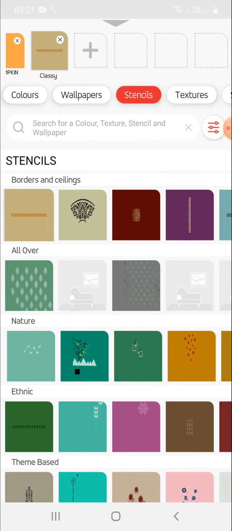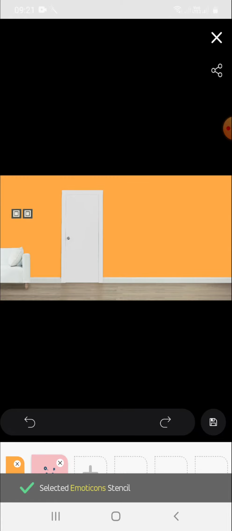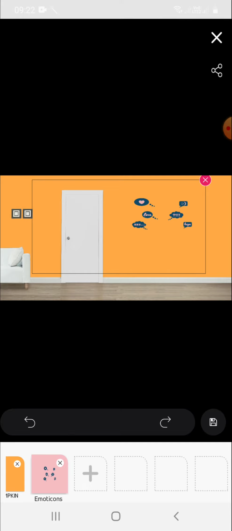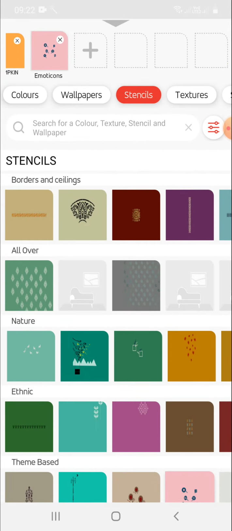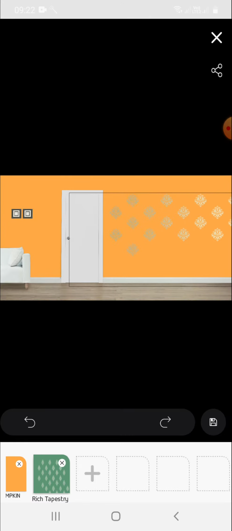Just a minute guys. I'm taking this stencil, I'm applying stencils. So choose stencils according to your interest. For example, take this one, you'll find good stencils here. This is a design. You can virtually figure out whether these designs, this color and these stencils are working or not. So according to your interest, you can choose the stencils.